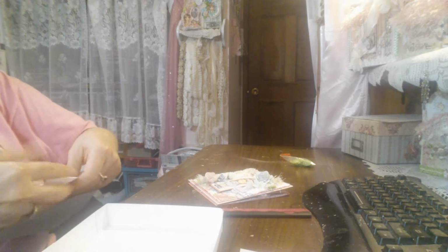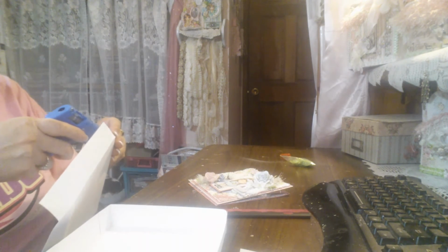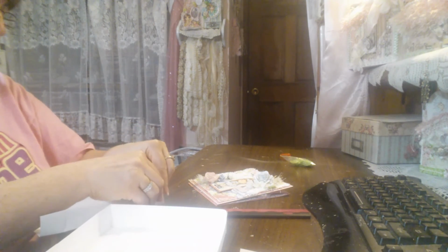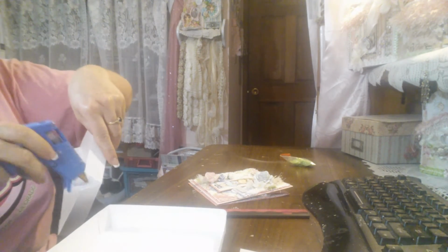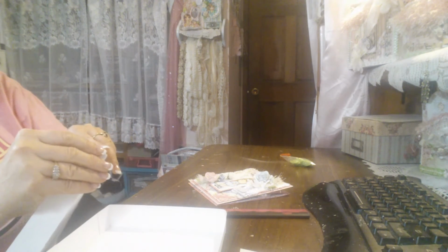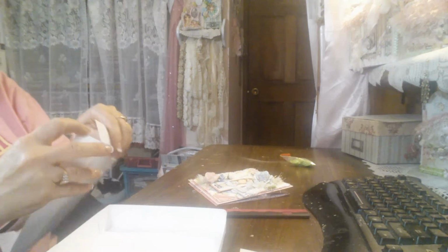So I'm just going to put this top piece together real quickly. I know when I first started, there were a lot of things that seemed really hard to me, like, oh no, that's just too hard, I'm not going to be able to do it. And what's really awesome is a lot of this crafting stuff really isn't hard. It's really pretty easy. I'm a very visual person, so somebody couldn't call me on the phone and tell me how to do this, and then it would be easy. But seeing somebody do it